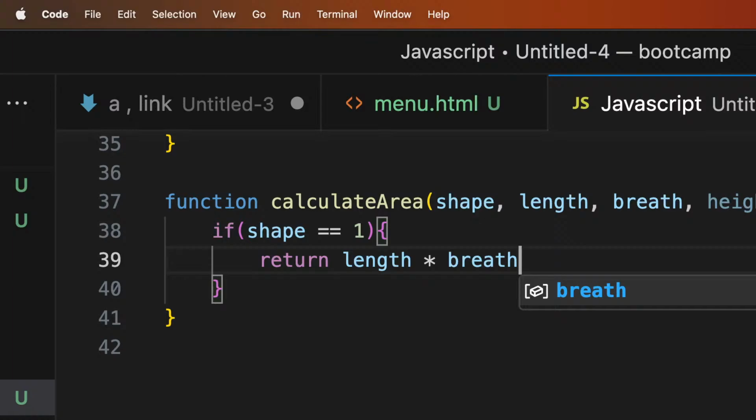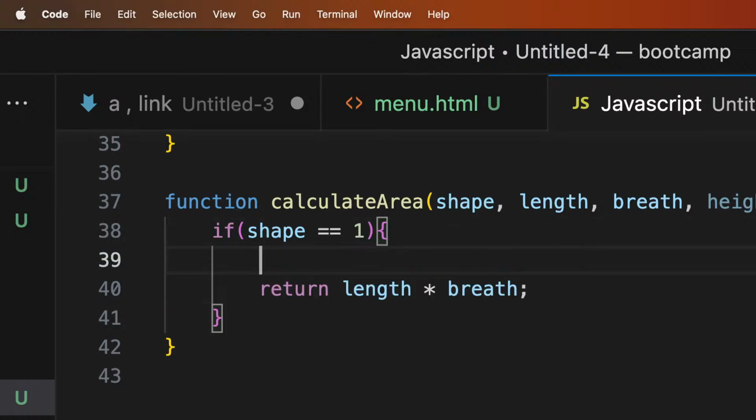So we are saying that if the shape is one, maybe it's a rectangle. So else if